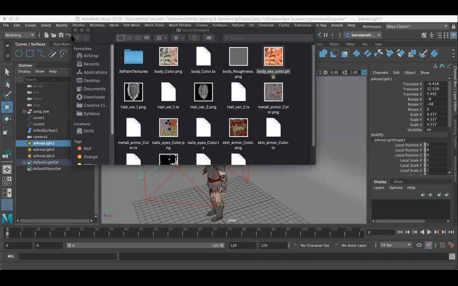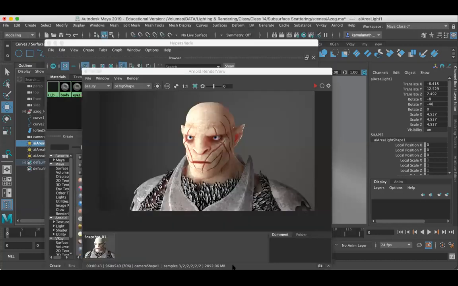So this is what today's class is about, guys: subsurface scattering. This is the end of the class. If you have any doubt, please ask me. To add more detail into the scene, model or character, you have to use these kinds of advanced options. That's what I'm introducing to you, and in the later classes we will continue.